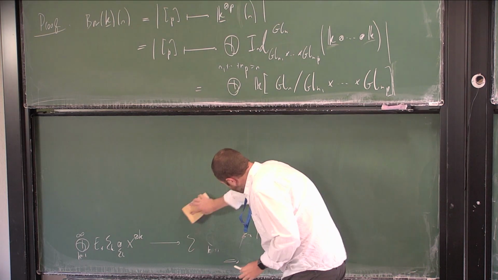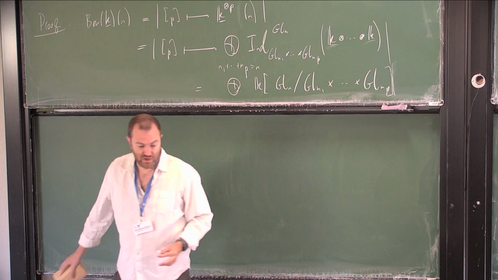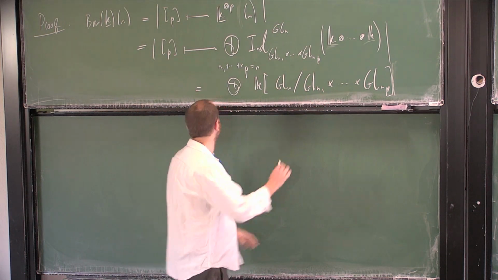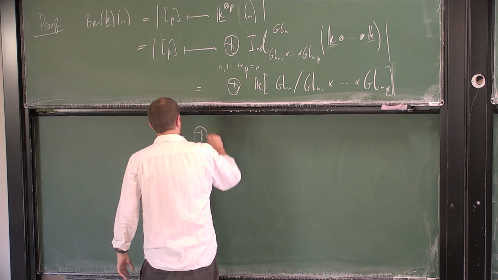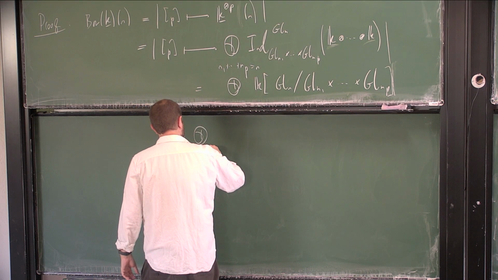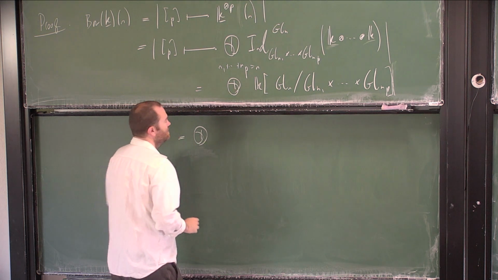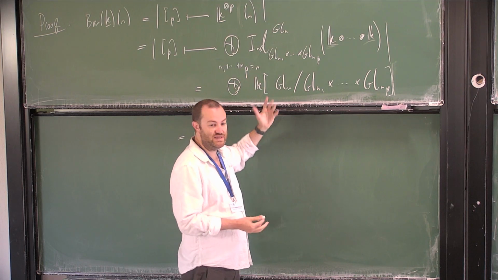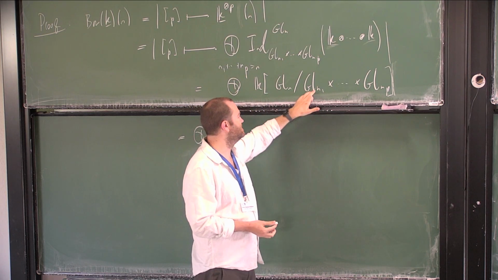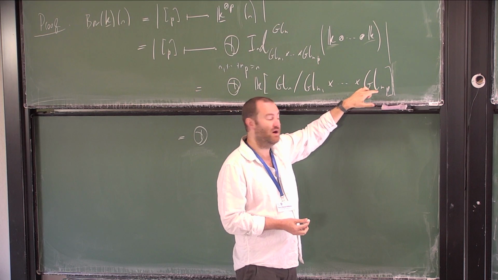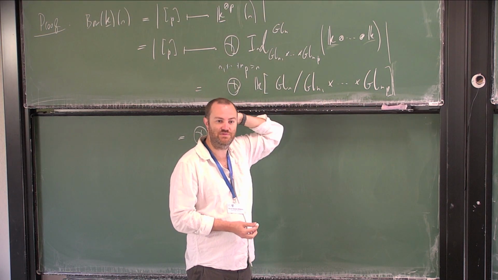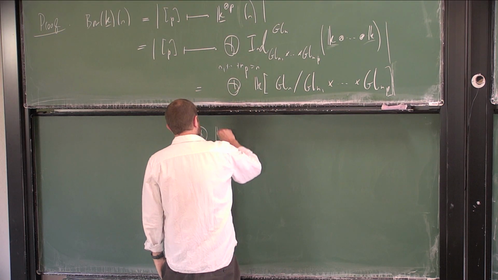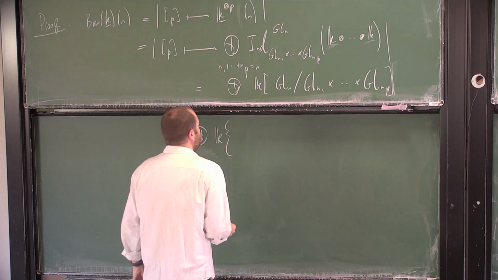So now, the rest of the proof, there's two steps. The most important one is simply to interpret what this is saying in ways that are not overtly about GLN. This set of cosets is exactly the same as the set of decompositions of F to the n into pieces of size n1, n2, up to np. Why? Because GLN acts on the subsets of decompositions transitively, and this is exactly the stabilizer. So this is exactly the same as